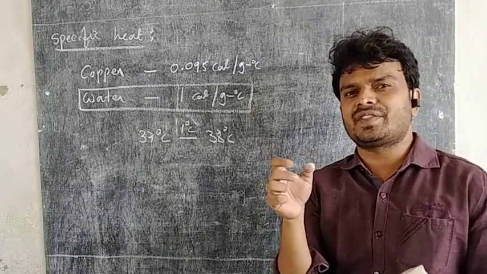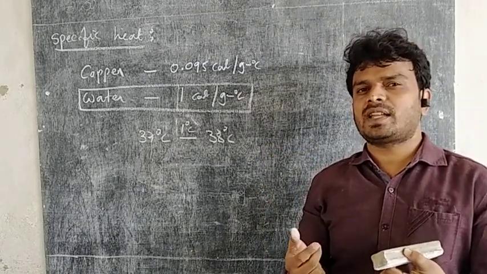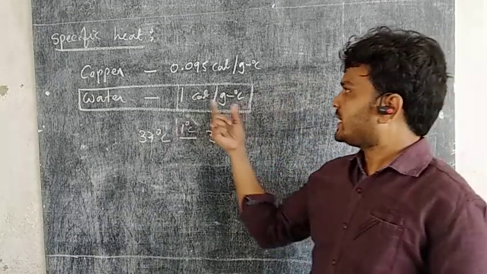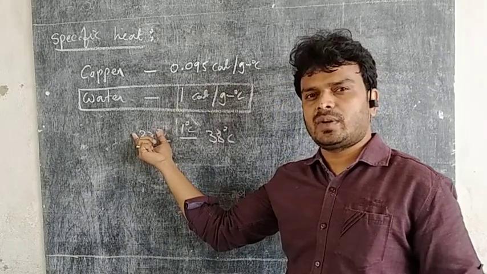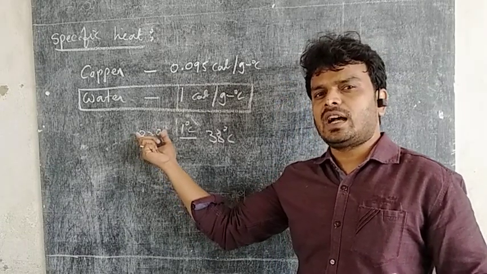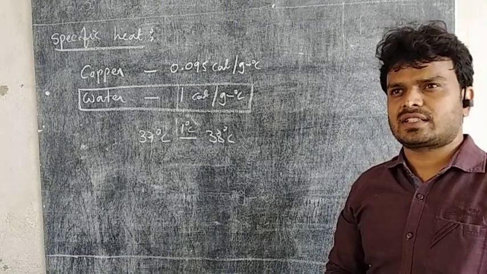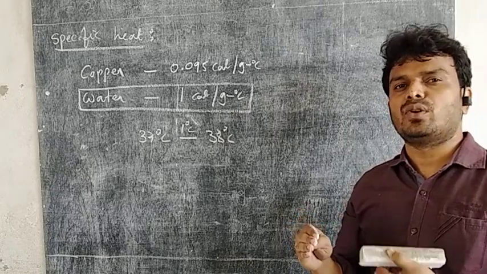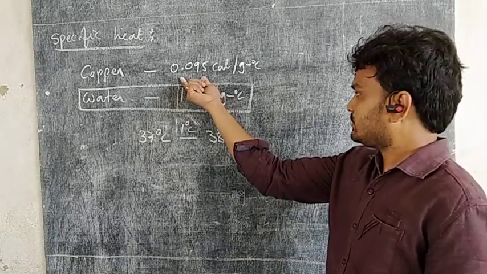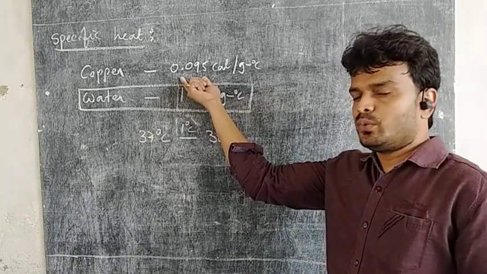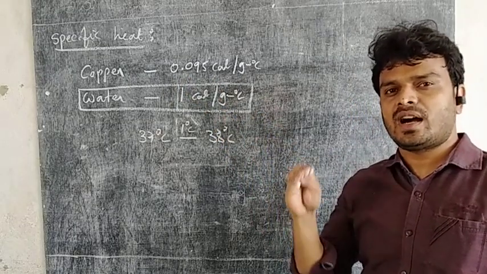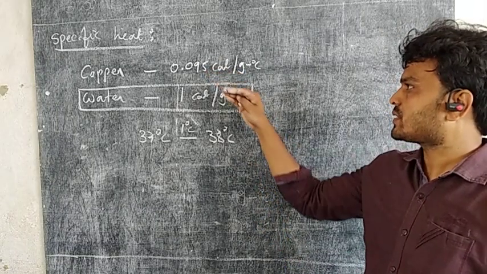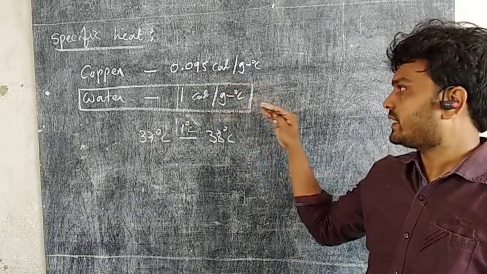That gains heat energy within less duration of time. That means we have to supply less amount of heat to raise its temperature. Clear? If specific heat is high, it requires a high amount of heat. That means to raise or to fall the temperature, we have to supply more heat. If the specific heat is low, you can observe a rise or fall with a supply of less heat. That is the difference, and the importance, of specific heat.